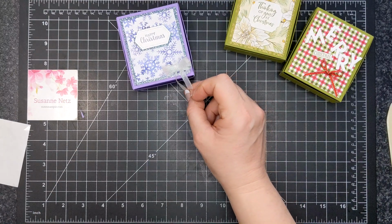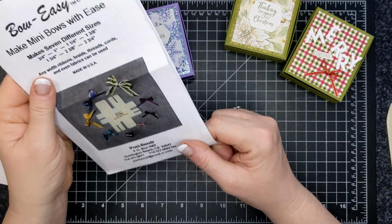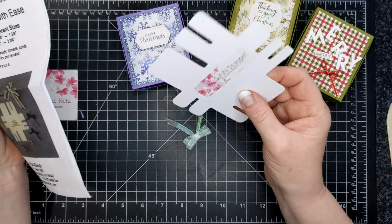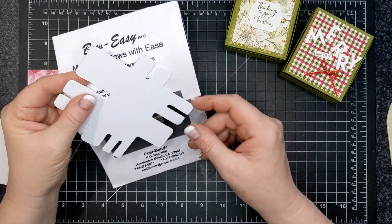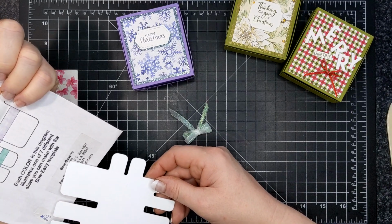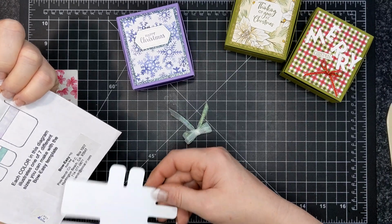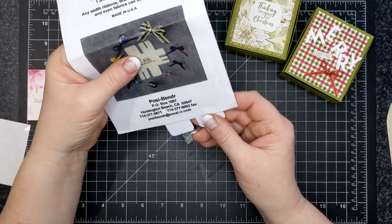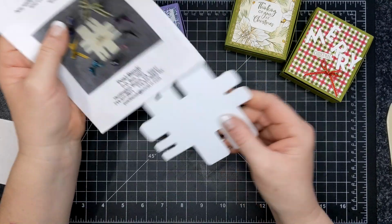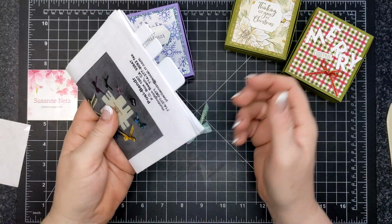So what I ended up doing is I had in my possession the Bow Easy, and I bought this through Kylie Bertucci in Australia, but it says, you can look it up, Bow Easy from the Posy-Bender Co., Huntington Beach, California. So if you know somebody, Posy Bender, maybe you can find these Bow Easies. If not, get in touch with Kylie Bertucci and ask her. I bought it through her. Anyway,